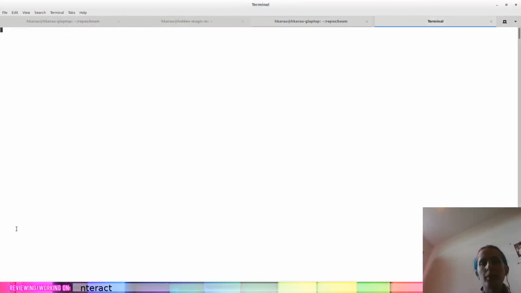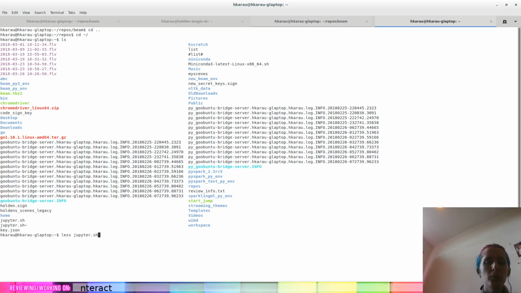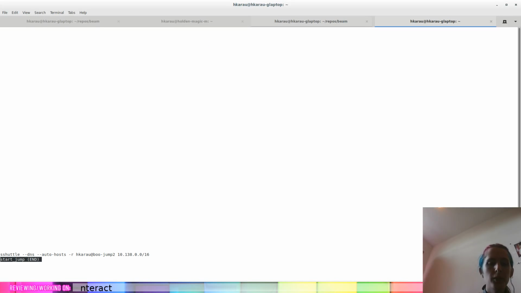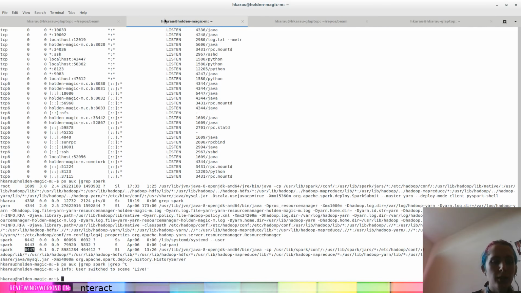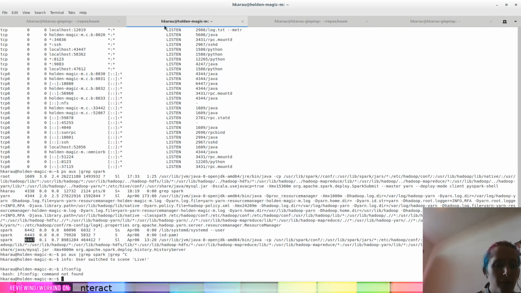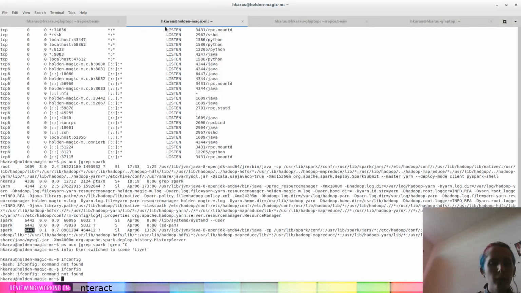Okay, I'm actually going to go ahead and do this with sshuttle. That's not the one I want. Okay, it's start jump. So I use a jump host sometimes, but I want to double check that this is actually going to be the right... Wait, ifconfig is not found?